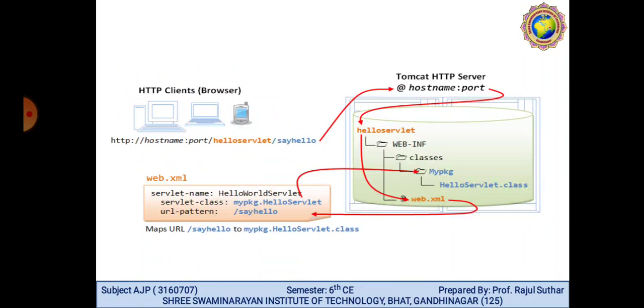Here is a simple class, the HelloServlet class, accessed by an HTTP client browser. The URL of the class is hostname:port/servlet/sayhello.